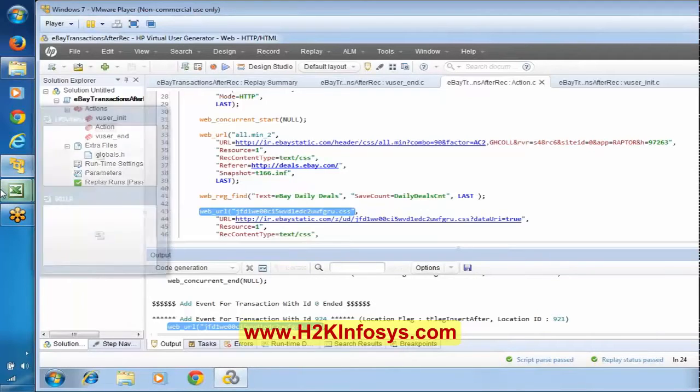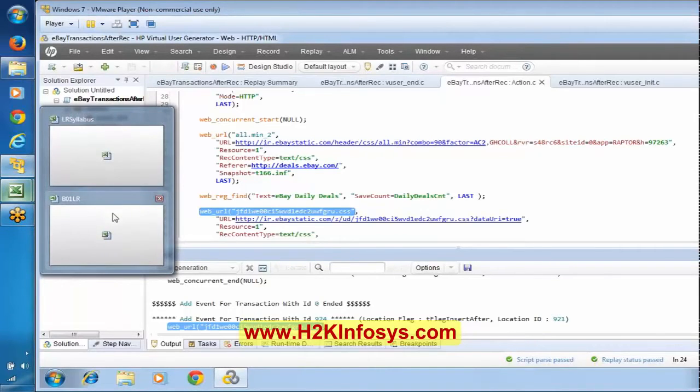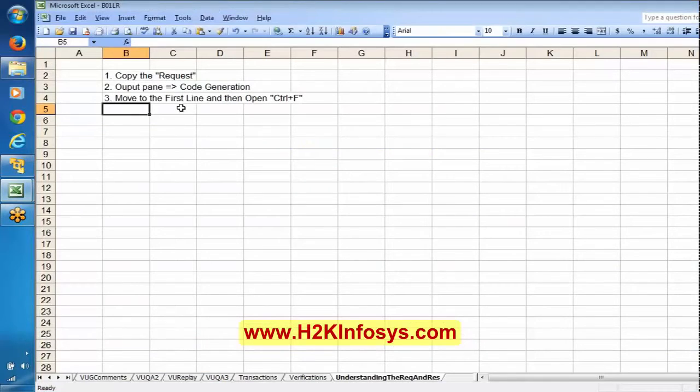In other words, move to the first line and search for the request.